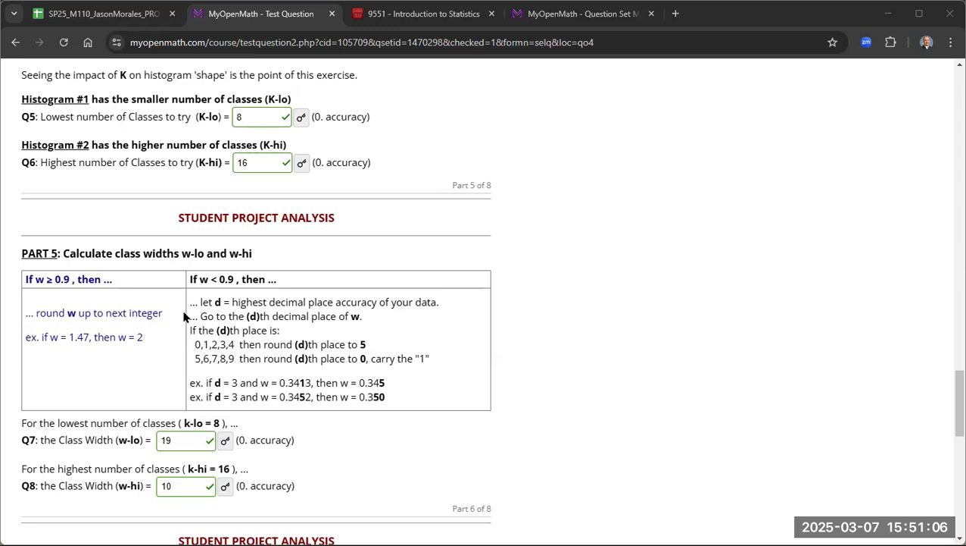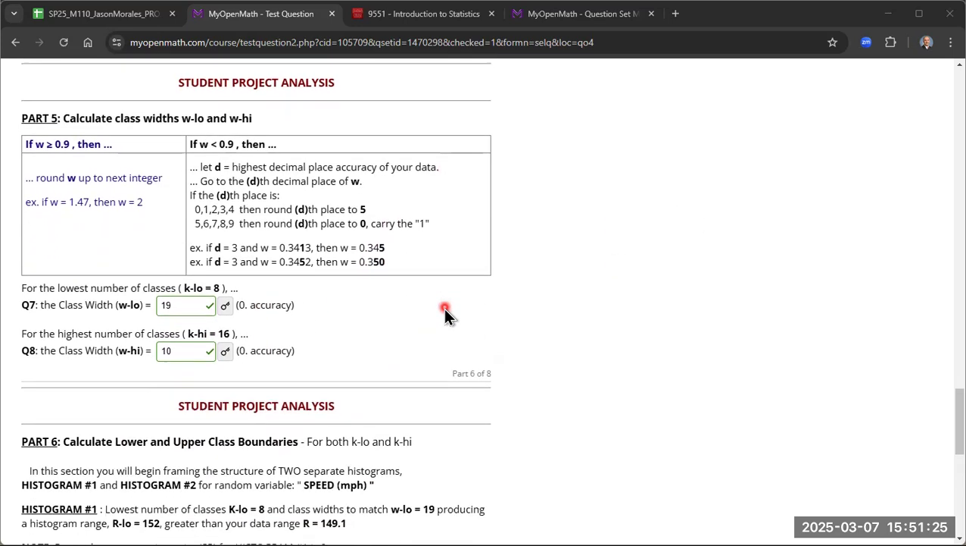All right, so we just finished with part five. We have the number of classes and the width of each class for histogram one, and we've got the number of classes and the width of each class for histogram two. Now we need to construct